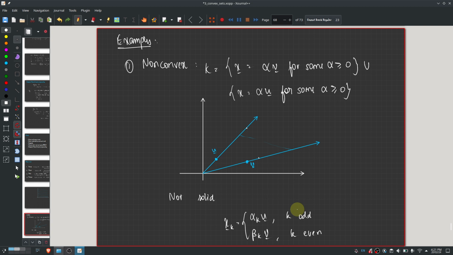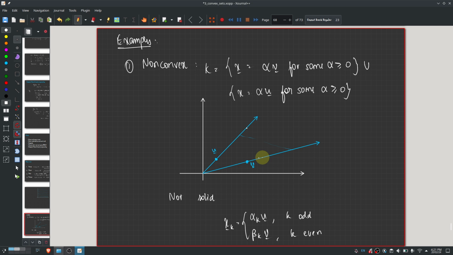Okay, so essentially I take a point here and then a point here and then a point here and then a point here and so on. Now if this sequence has to converge, what possible point can it converge to? Can it converge to any point in between? Remember, it has to converge, which means that the points should come close together, right? The only point that this can converge to is the origin,